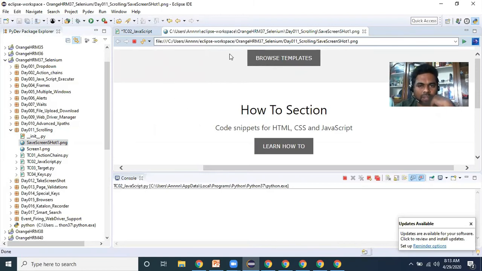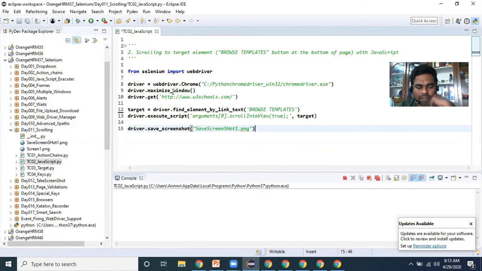So while the script is running, we can still switch to any other window, but normally the recommended is we should not do that. But even if you are switching, the running driver will always point to the current web browser window.